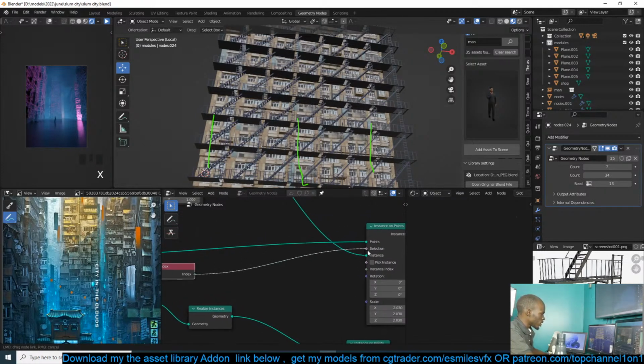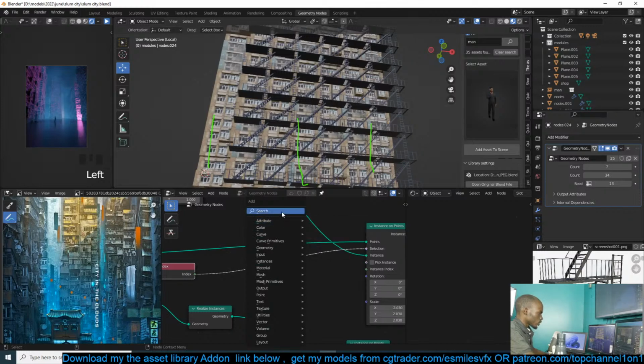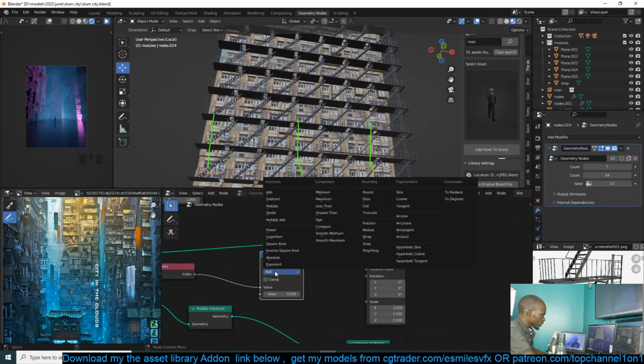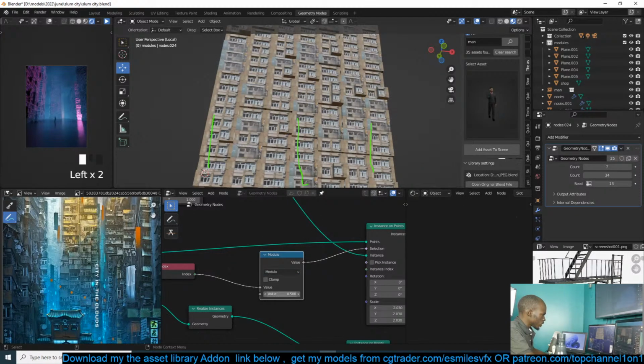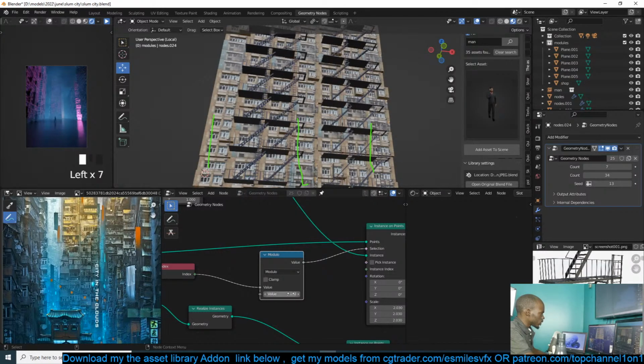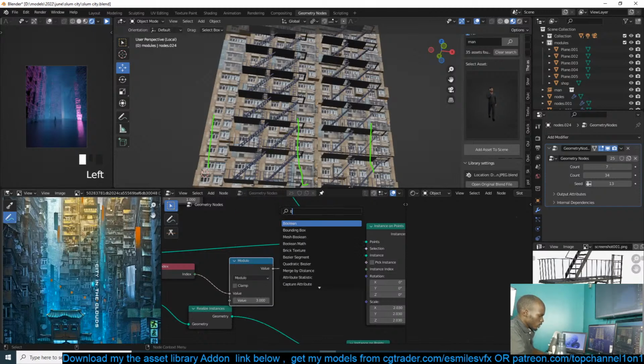So if we have the index and use a math node, let's use modular. Divide by 2, divide by 4, divide by 3. Yeah, divide by 3 and then use the Boolean